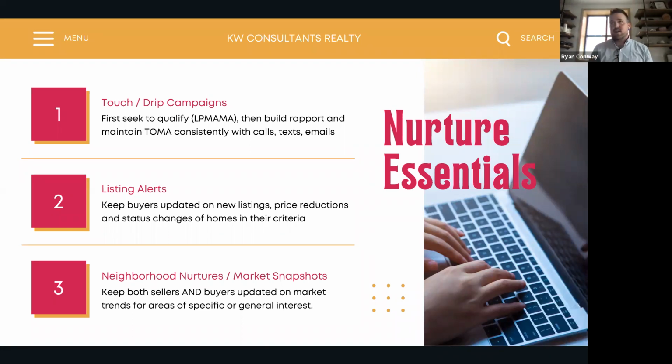So they're going to say, oh yeah, I got an agent. Well, ask them about that and say, okay, what's the name of the agent that you're working with? If they're not truly working with one, chances are they're not going to be able to recall that name right off the top of their head. And so if they can't even name their agent, chances are they don't really have a strong relationship or any sort of formal agreement with them. So I ask them that question, oh yeah, I got this guy, he's down the street. Or okay, have you guys been out to take a look at homes or met to talk about the current market? Chances are they're going to say no,